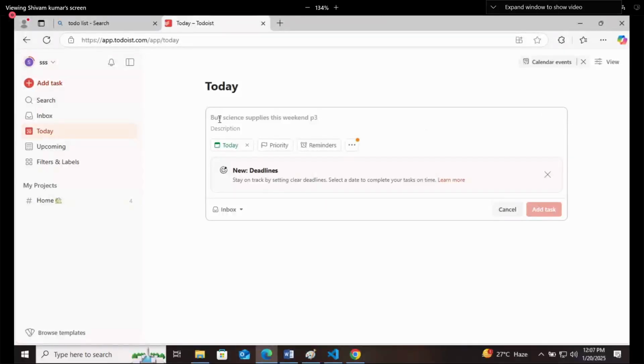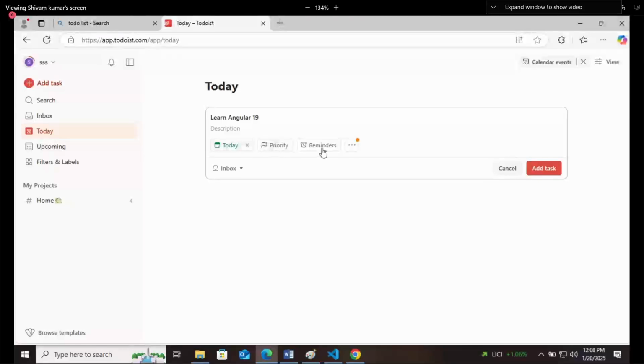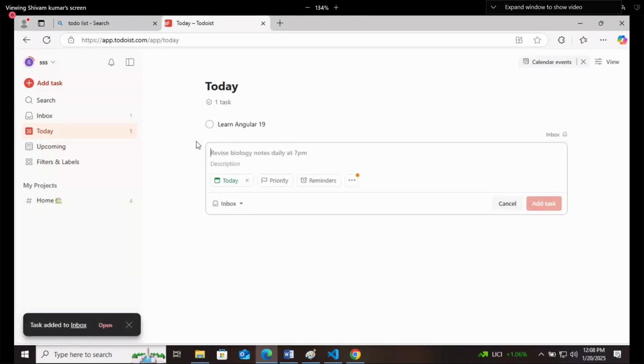In that box, I will write here, learn Angular 19. After that, you can add. See, these are the other functions, today, priority, reminder, we will not show because for that we need a database. I will simply add the task. After that, learn Angular is added as a task.